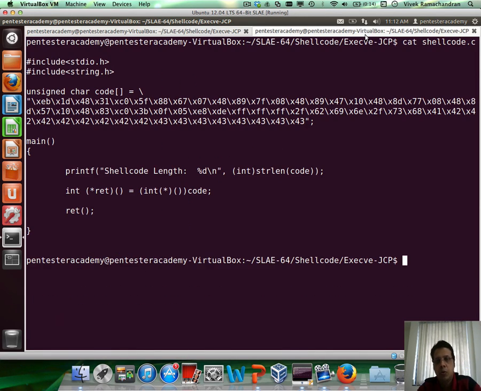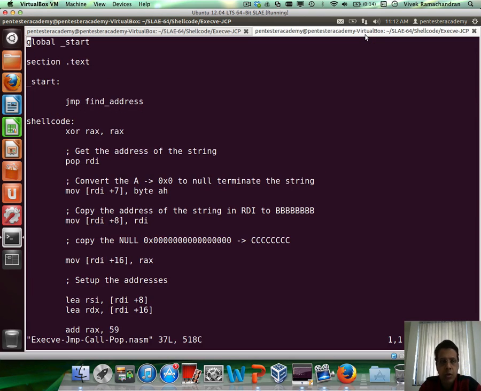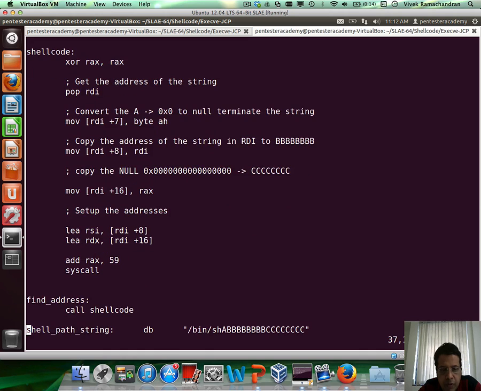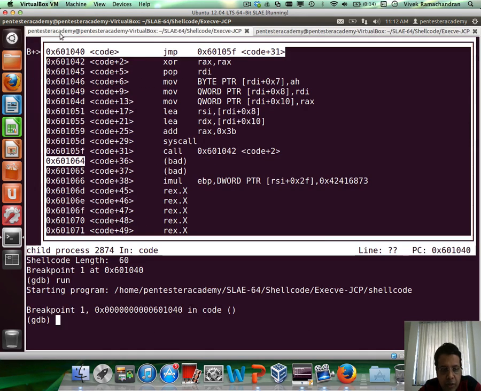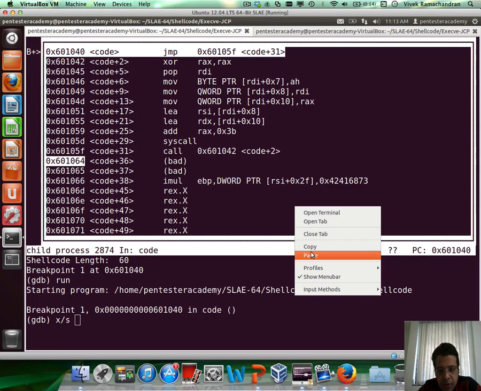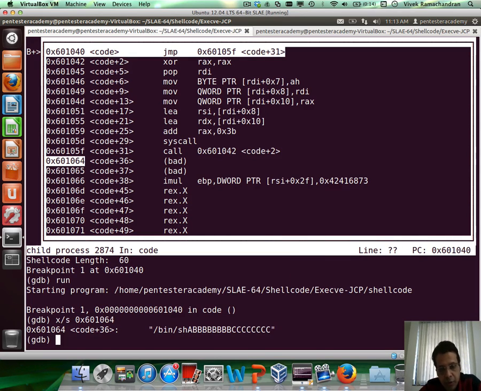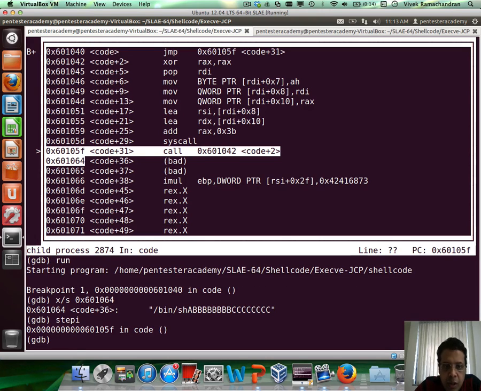Could even open up the NASM file, and at the very bottom after the syscall and the call to shellcode, we have our string which we can verify. /bin/sh, followed by the A's, B's and C's. So let's step through this. We are at the call, just about to execute it,